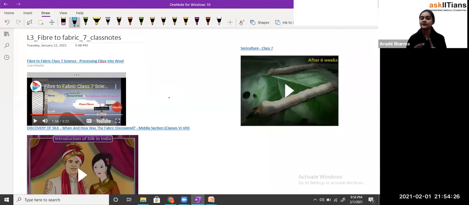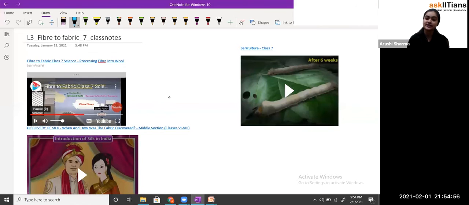So now after the shearing, the second step is the scouring. In the scouring, what we do, students, is that the fiber which we are getting from the sheep also has some unwanted particles. You can say dirt particles are there or any other thing which is there. So we can just remove them by washing it. So the cleaning of the wool fiber, you can say, is the scouring process, and it can be done by using machines as well as your hands. Okay, so first is the shearing process, then second is the scouring.